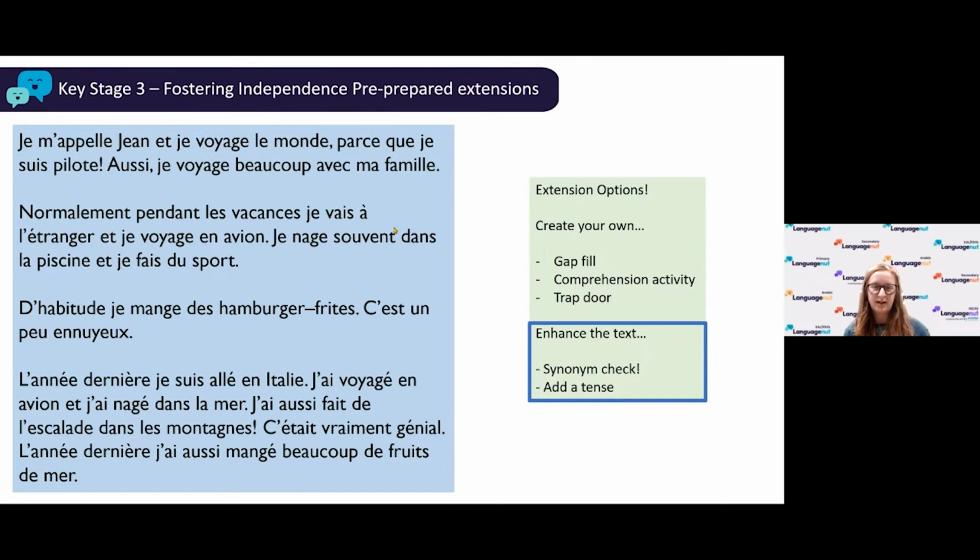And also, particularly once you've started teaching paradigms, started teaching tenses, you could also get them to add another tense on. So in this case, obviously, we've got the present tense. Our final paragraph is talking about the past tense, and so a student might want to add one more paragraph or short bit in the near future as well. And so all of those can be done